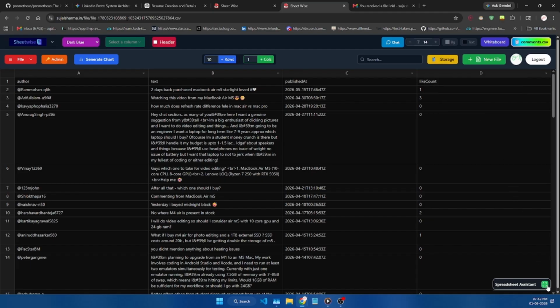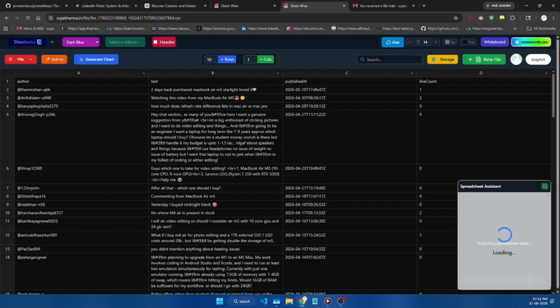After that you will see that the spreadsheet assistant is loading because it is embedding all the data into the ChromaDB. It's a vector database. So let's wait for some time.